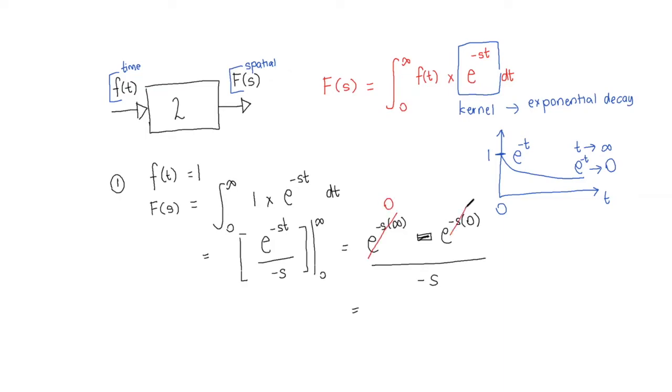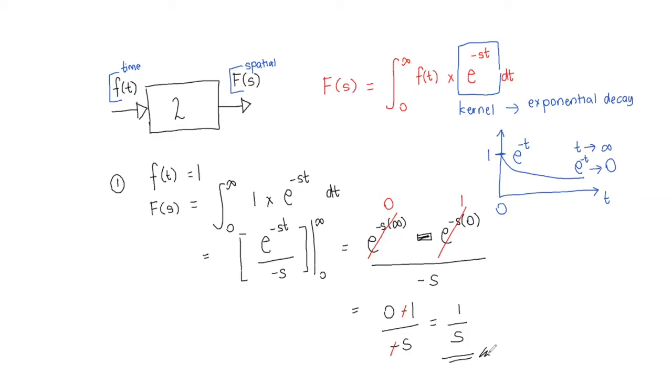And when it is at time 0, it is actually 1. So we can substitute the value here. Let's try to solve this. So you will get 0 minus 1 over negative s, and we can cancel off the negative from both top and bottom, and you will get an answer of 1 over s. Okay,